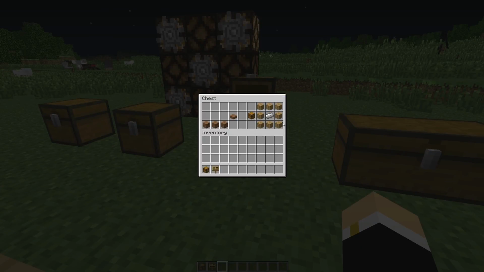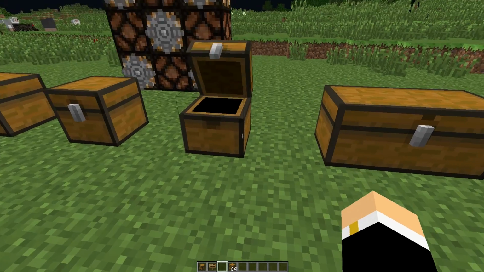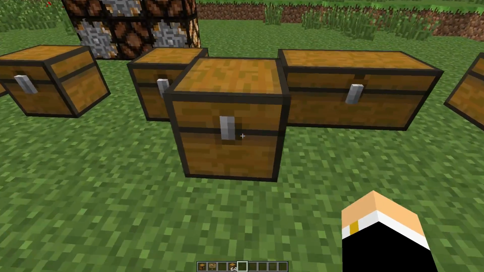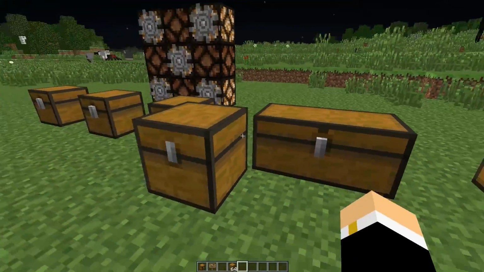Next up, we've got the locked chest. So it's a normal chest with the iron in the middle. And if we get a locked chest and we place it on the ground, it is a little bit bigger than normal chests. It's a full block instead of a partial block. And if you click on it,